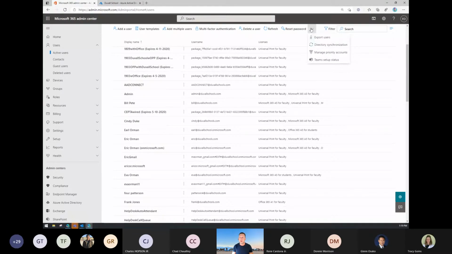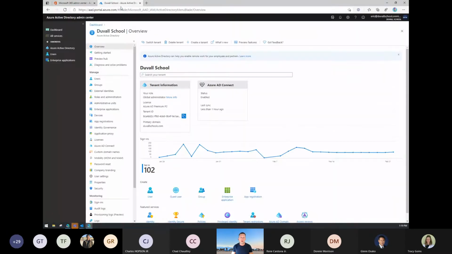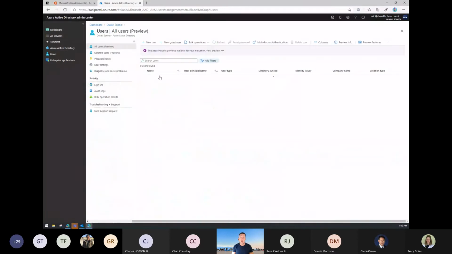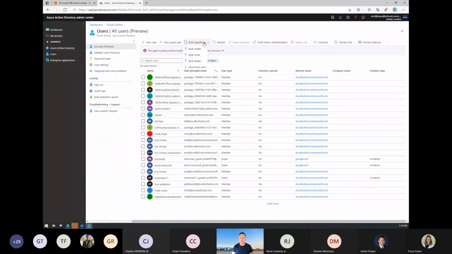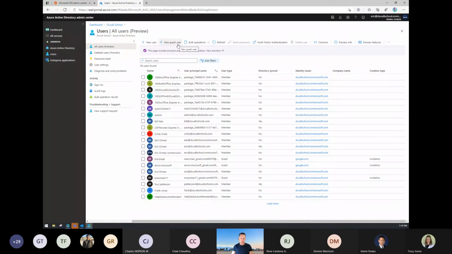Can you do it here? No, not here. But from the Azure Active Directory portal here, you can actually come in here and do a bulk operation and do a bulk create. Basically, it'll prompt you for what your CSV file is, what you exported out of Google, and then it'll just automatically create them. So short answer being, there's many different ways of getting your users into M365 or Azure